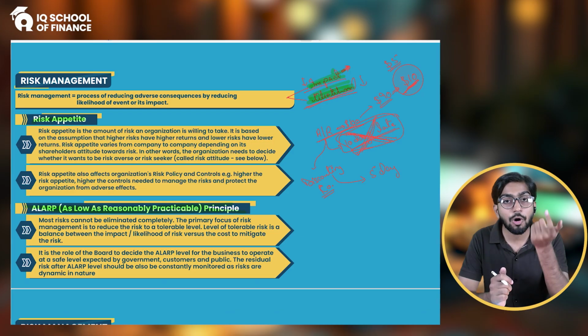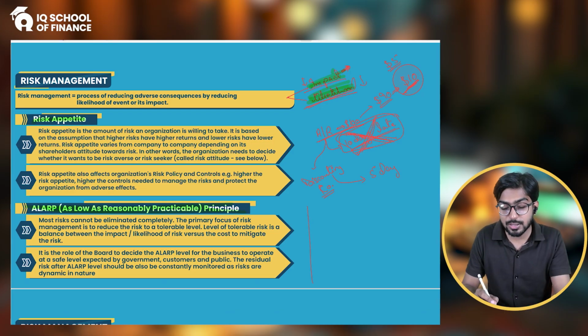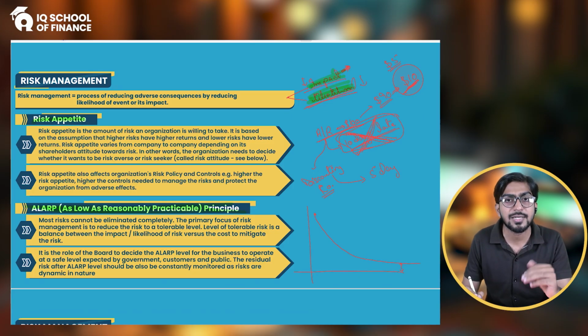We all know that, if I make the risk graph, the risk is too high, but if you decrease it, it will become like this, a flat line. That means that there is some sort of risk which will always exist, and you cannot eliminate that risk. The only way to eliminate the risk to zero level is that you stop doing the business, you exit from the market, and that is the only way of eliminating all risk.